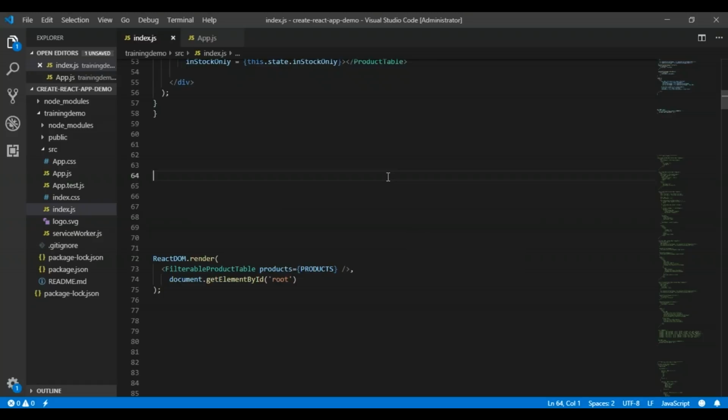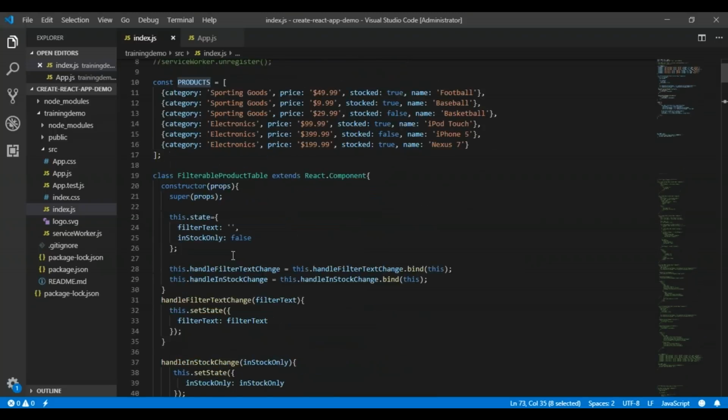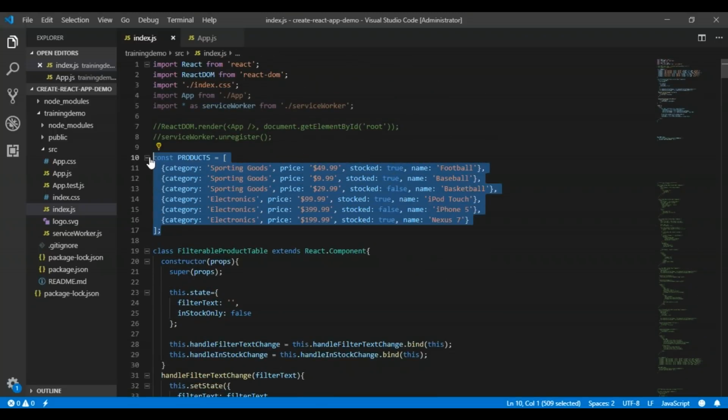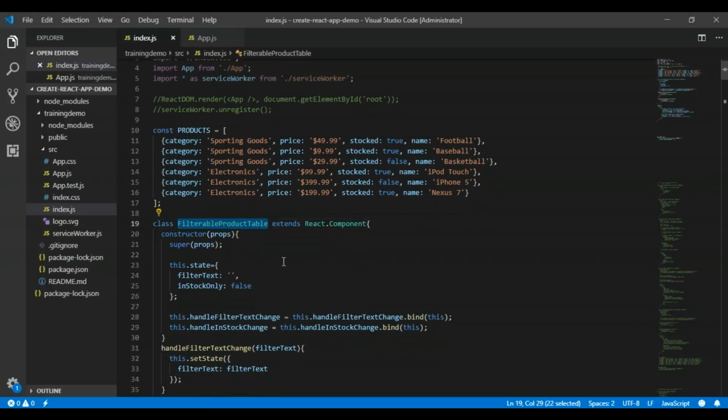That's it. So we have called the parent component by using ReactDOM.render. Here we are passing the props as products, which is my sample JSON data, the category of the product, the name of the product, and its price.